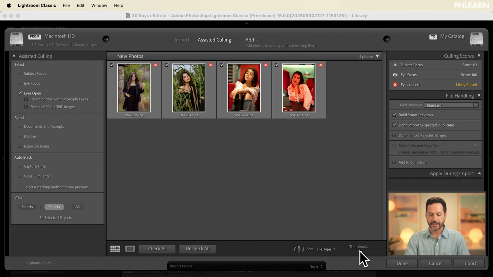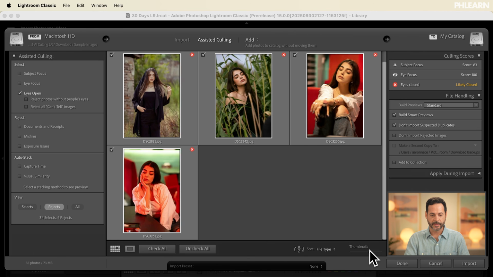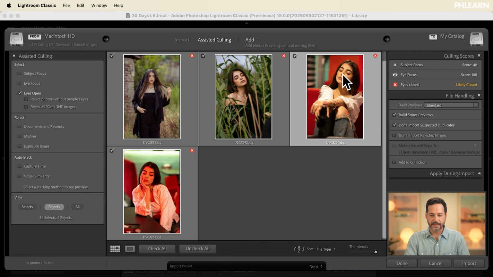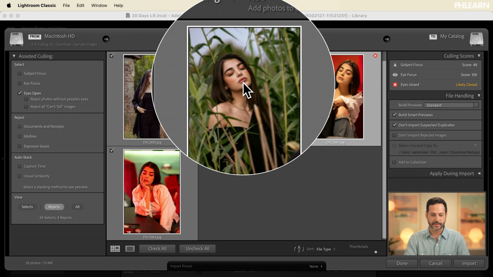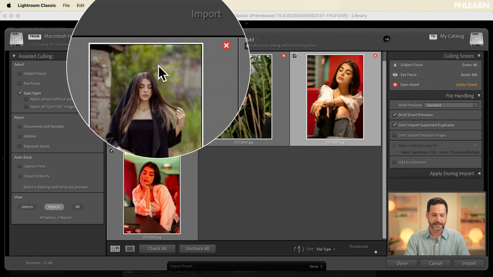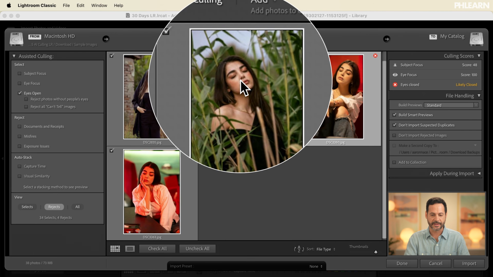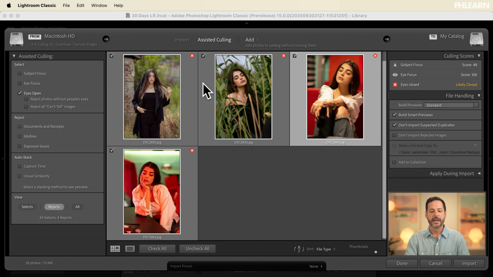Let's go ahead. I'm going to just take my thumbnail view and I'm going to make these a little bit larger. Now, some of these, like this one, kind of looks like maybe she just did have her eyes closed. But in some of these, it's kind of stylized. Like I kind of like that her eyes are closed on that one. That's a cool image. So what I can do is I can go ahead and check or uncheck any of